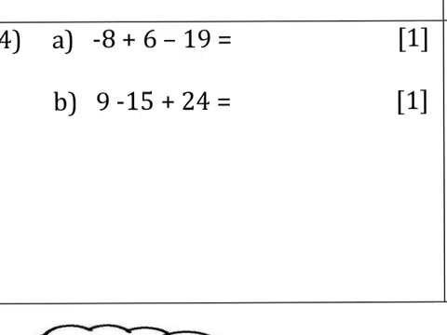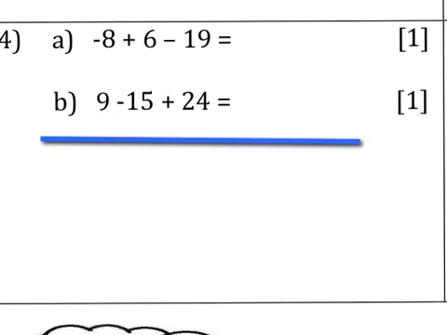Question 14, we've now moved on to integers. And integers, I think the best tool that you can use to solve them, well, at least I certainly prefer it, is a number line. I really do think of integers as being a directional thing, left and right, positive and negative, with 0 being the center of the number line. So you've got all your negative integers to the left, and your positive integers to the right of 0. So with question A,